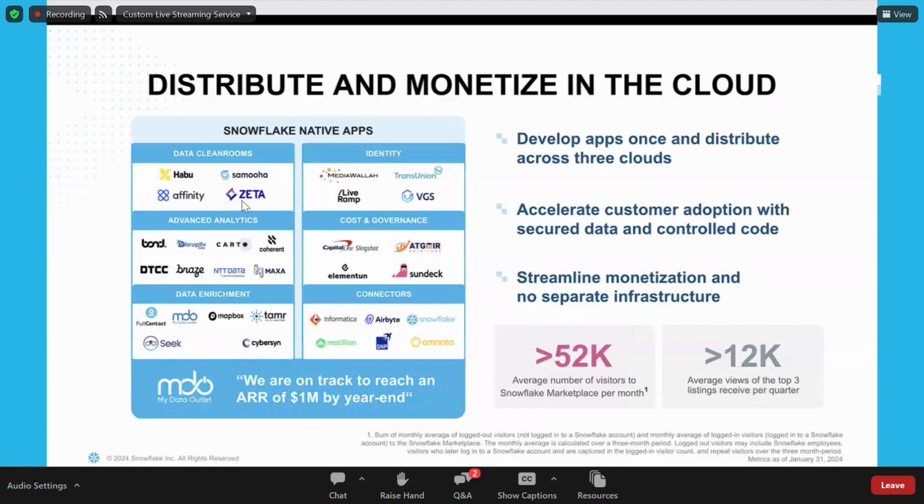Snowflake is based on the consumption of our customers. So when you make your application available to your customers for monetization purposes, you also have the flexibility to charge your customers based on consumption, based on the way they use your application. So you will lower the hurdle for your customers to adopt your application, which helps you streamline the monetization